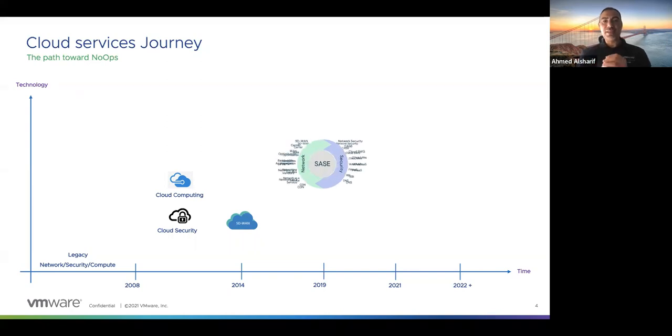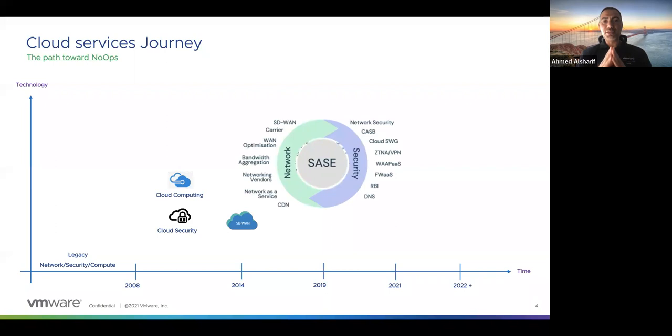Let me zoom in inside the SASE so we can see the individual components that create SASE. On the right side, you see the security services. Everything here is security, and on the left side, everything is SD-WAN and networking services. There are some major components, and some not-so-major components, that make SASE. But everything you see here is not new. SASE did not bring any single feature or solution to the industry. What they did was join the pre-existing services and features into one cloud consumption model called SASE.